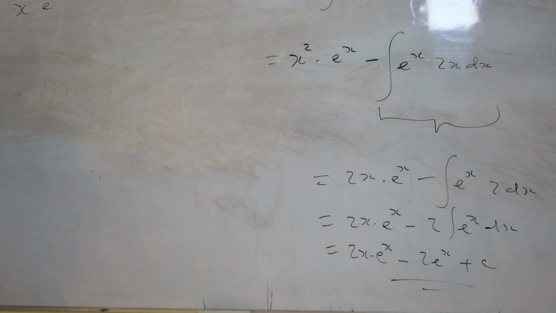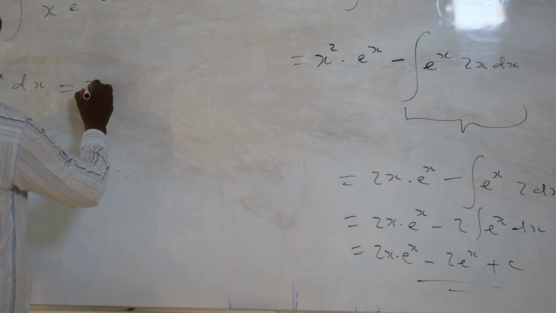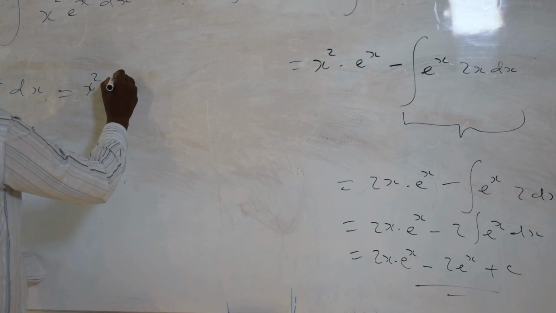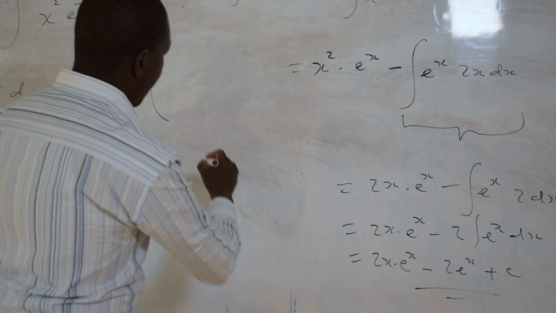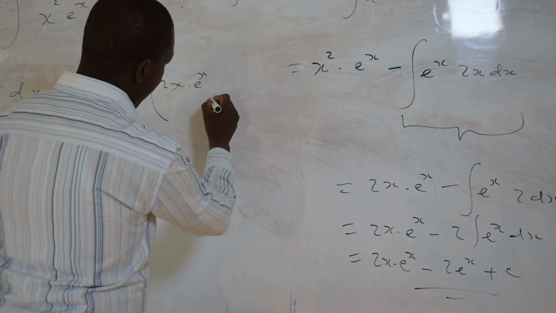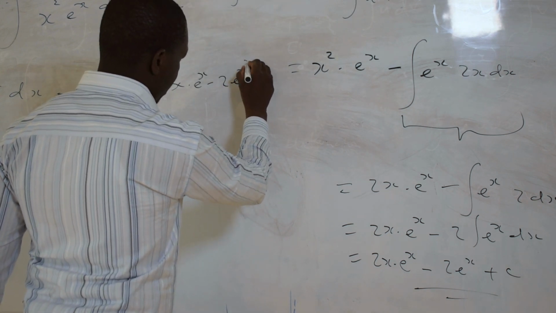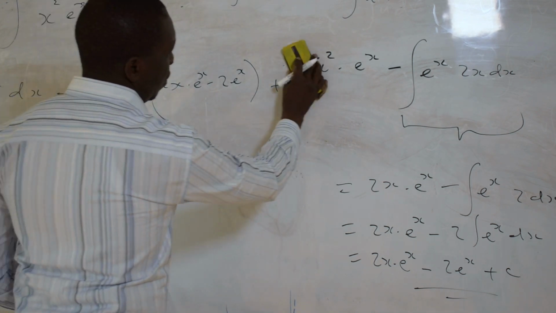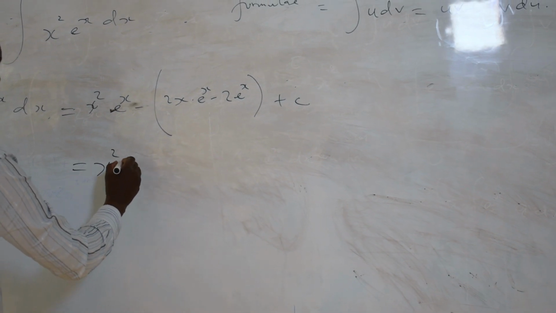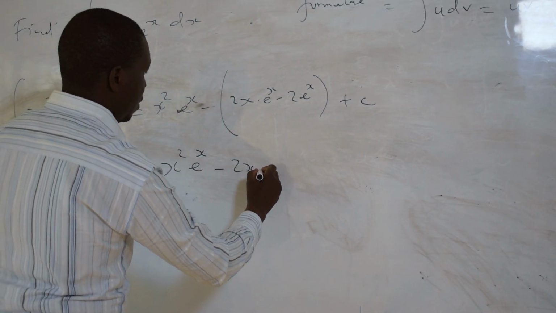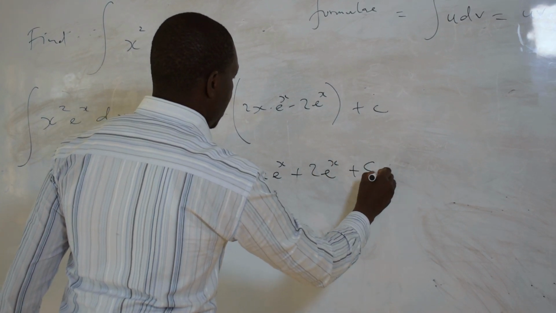Now the integral of x squared exponential x dx will be equal to x squared times exponential x minus, in bracket, 2x times exponential x minus 2 times exponential x, plus the constant term c, which is equal to x squared times exponential x minus 2x exponential x plus 2 exponential x plus the constant term c,